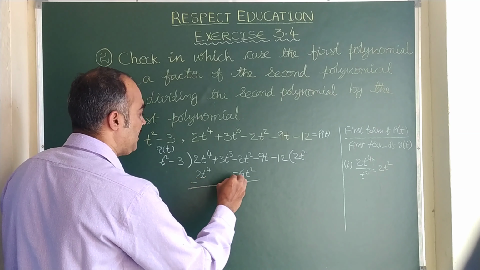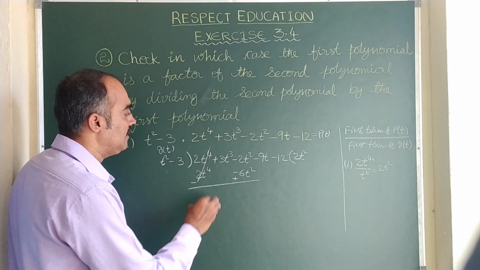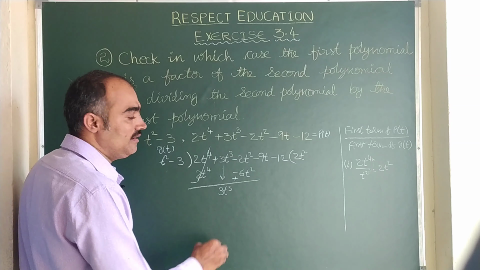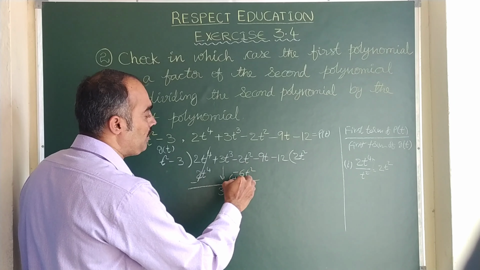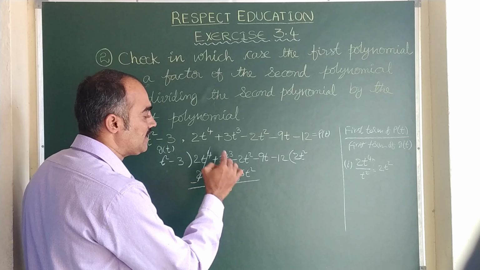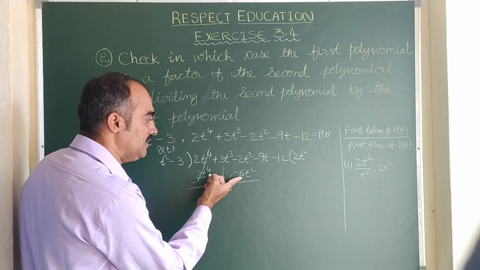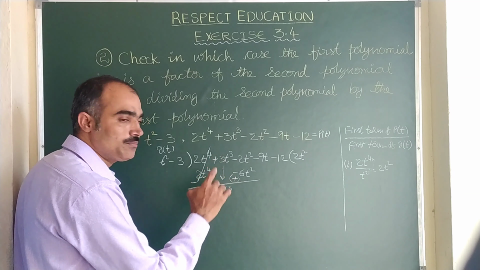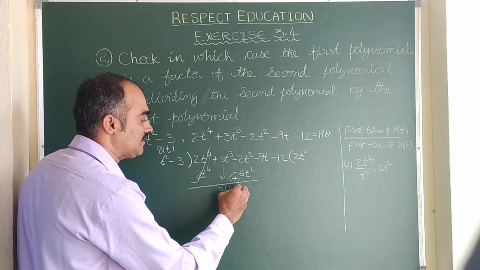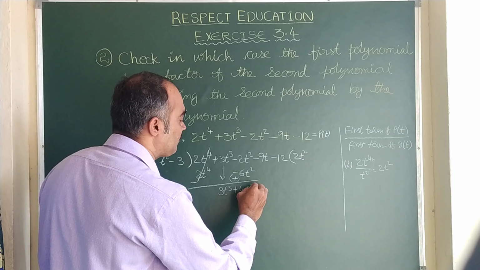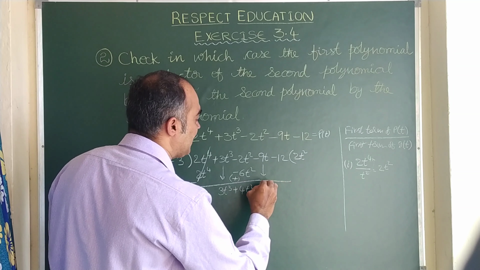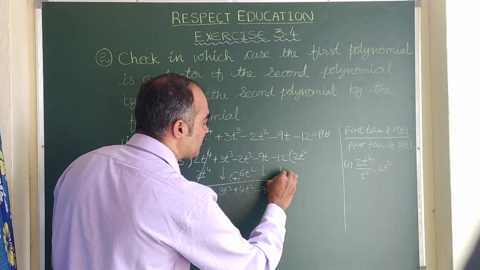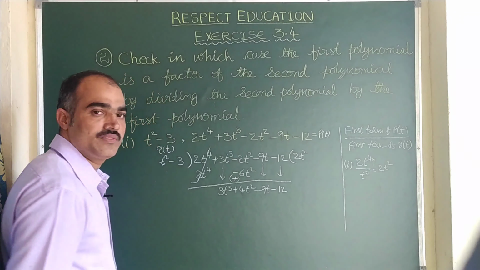Now here let us subtract. These two get cancelled, bring 3t cube here, and minus 2 plus 6, they have different symbols, so we need to subtract. 6 minus 2 is 4, so 4t square. The bigger number's symbol is plus, because here 6 gets plus, so it is plus 4t square. Let us drop minus 9t and then minus 12 as it is.